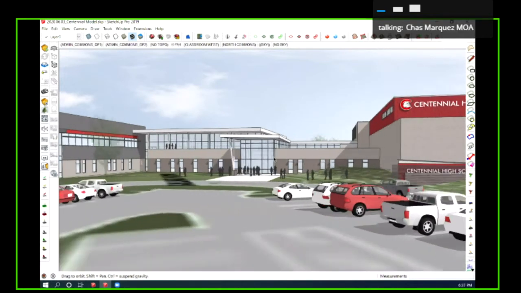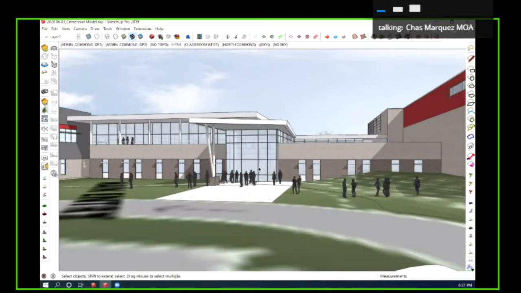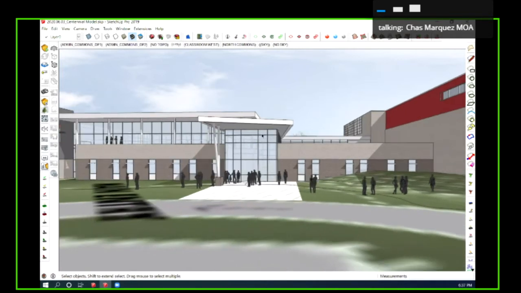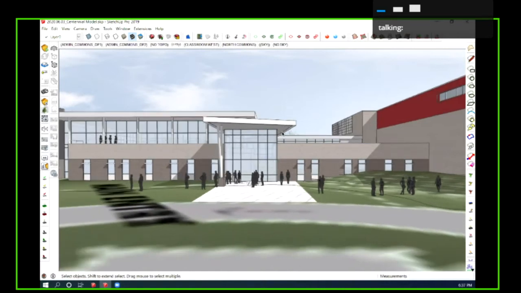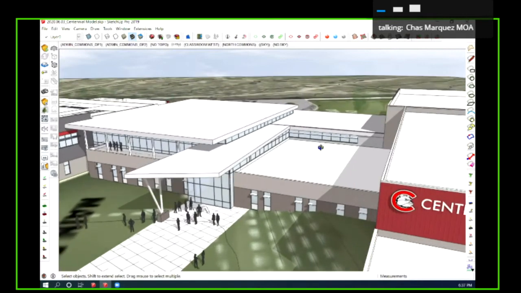So here's the main entry. Hopefully this is a really well-defined space and a very clear entry point. We're trying to bring up that scale to understand the importance of what that is, and having this high transparency box here that relates back to the common space. Trying to go slow here. I know there's a little bit of lag.